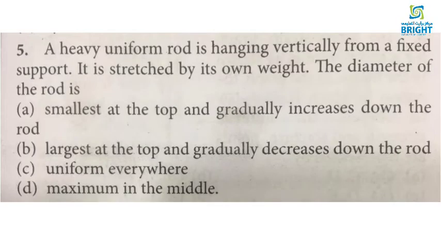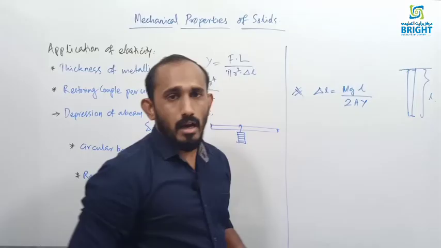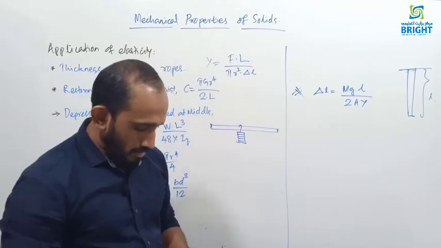So the options are like this. A, smallest at the top and gradually increases down the rod. B, largest at the top and gradually decreases down the rod. C, uniform everywhere, and D, maximum in the middle. So the diameter will be smallest at the top and gradually increases down the rod. Here it will be smaller and here it will be larger. We can check one more question, like